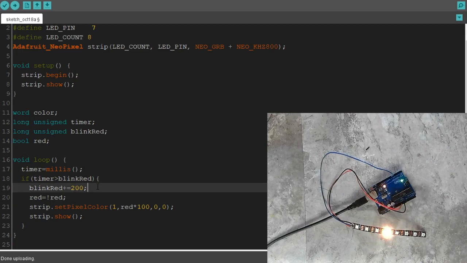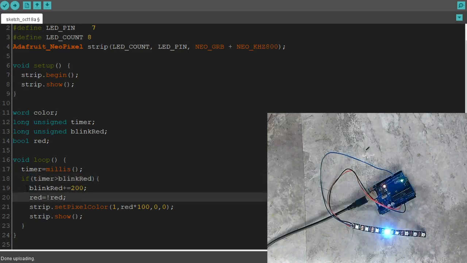Okay, so let's take a closer look at just this part. When it creates these two things, timer equals 0, blink red equals 0, right? Now by the time it gets down here, maybe it has to run a couple times, whatever. But eventually timer is going to equal 1. This thing will have been running for 1 millisecond, right? 1 is greater than 0, because this thing starts at 0. So once it hits 1,